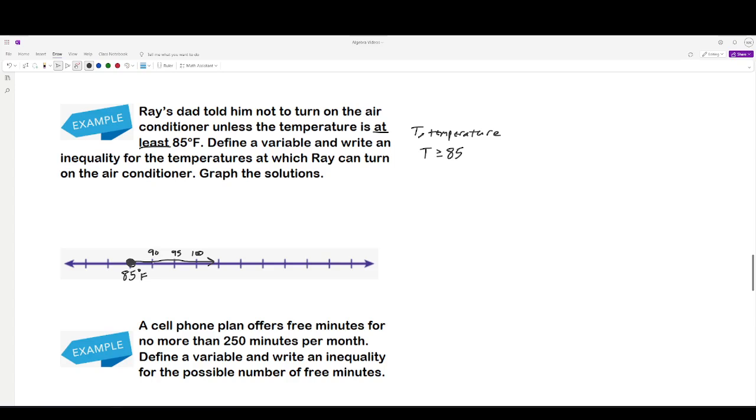To check your reasoning when you look at your number line, ask yourself, if the temperature is 80, can Ray turn on the thermostat? No. If it's 75, can he turn it on? No. Over here on this side, which is included in our solution, he can turn it on at 90, 95, 100. The higher the temperature goes, it's okay. There's probably some upper limit that we would actually reach, because if you get to like 120 degrees, Ray's probably melting,